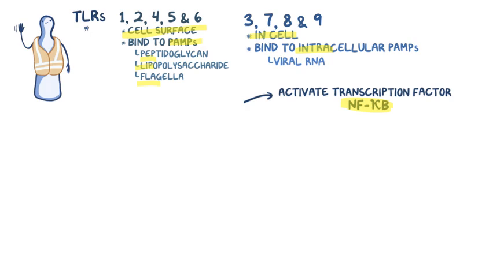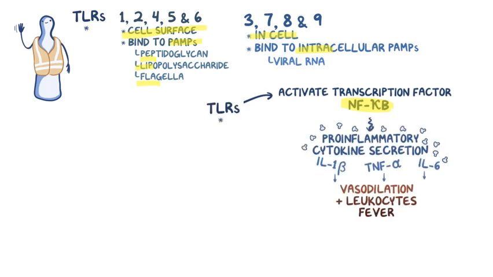Okay, so this is going to be activation of your NF-kappa B pathway. So TLRs are going to do that. Okay, besides upregulating anti-pathogen proteins, your NF-kappa B is going to increase the inflammation,